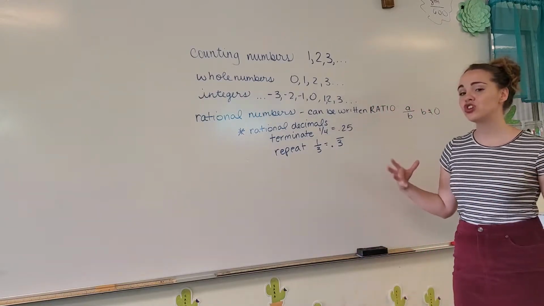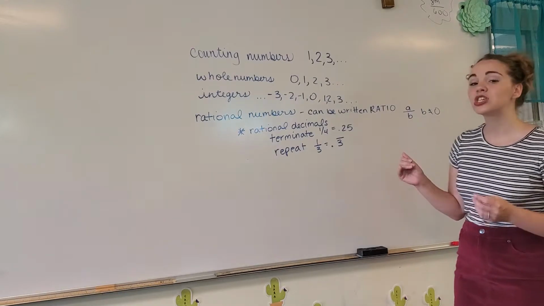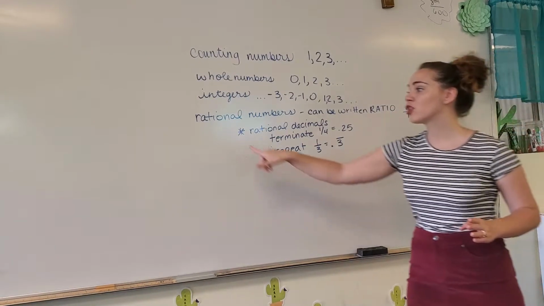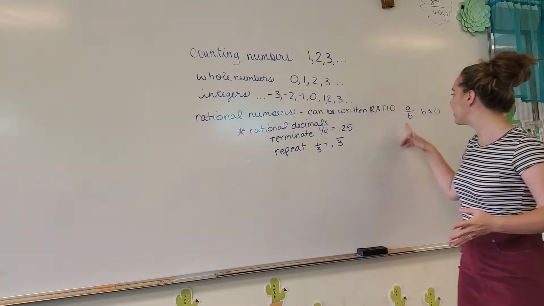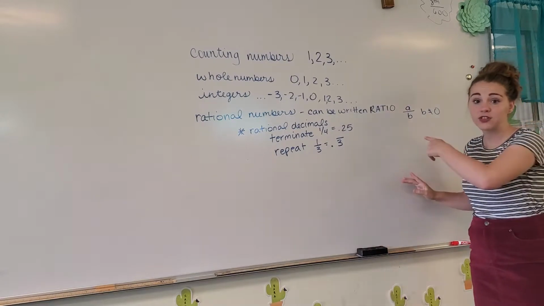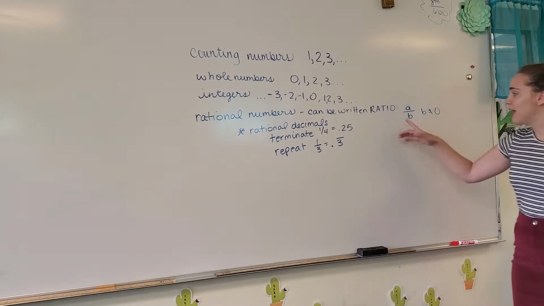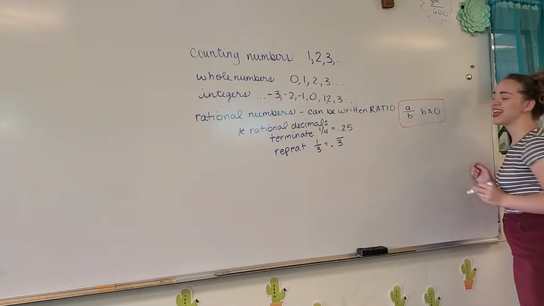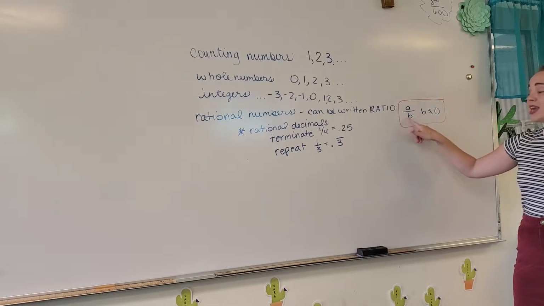And then rational numbers is where they let a bunch of numbers come in. So rational numbers, the definition is that they can be written as a ratio. That's why they're called rational numbers. And if you remember ratios, we write them like fractions. Okay, negatives are fine. I know we didn't put negatives here, but negatives are fine. And this is what they say. They say that a rational number can be written as A over B if B does